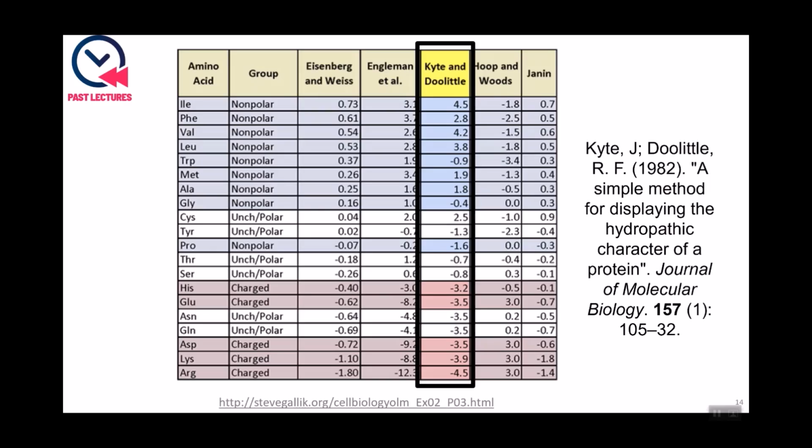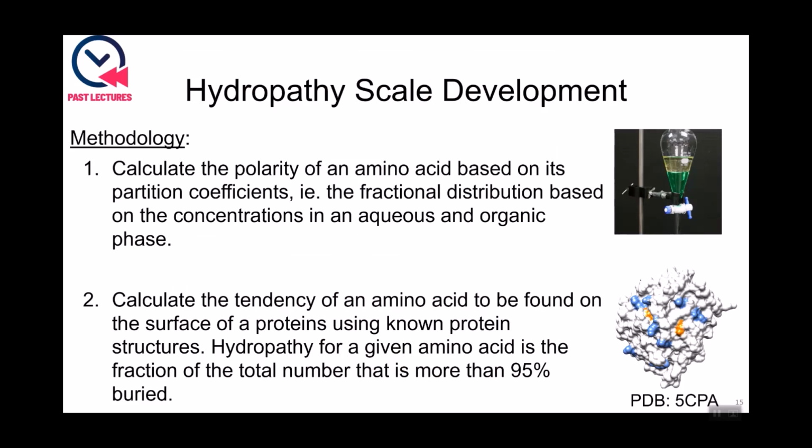So these scales are developed based on different calculations and experimental observations. So things like their solvation energy and solubility, as well as their partition coefficients, and by observing where you typically find them in purified proteins. We're going to focus on the Kyte-Doolittle scale and look at two ways you can arrive at these types of numbers. These scales originally started popping up 40 years ago to give amino acids a score or number to describe how hydrophobic they are. Nowadays, there are also many computer algorithms that can be used to predict their properties and